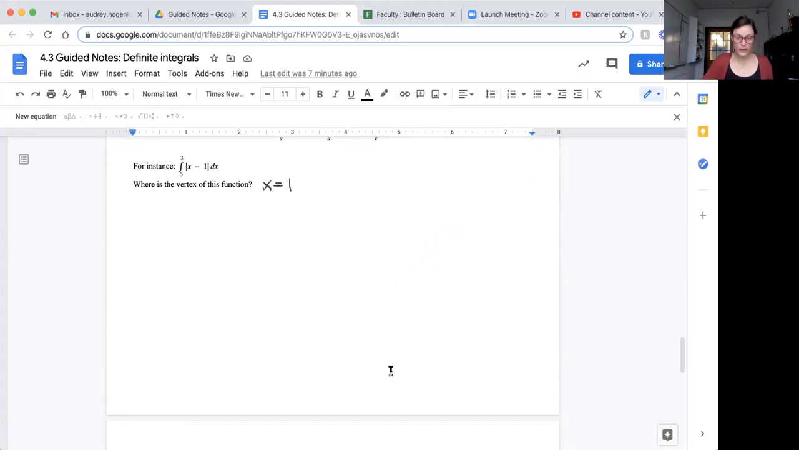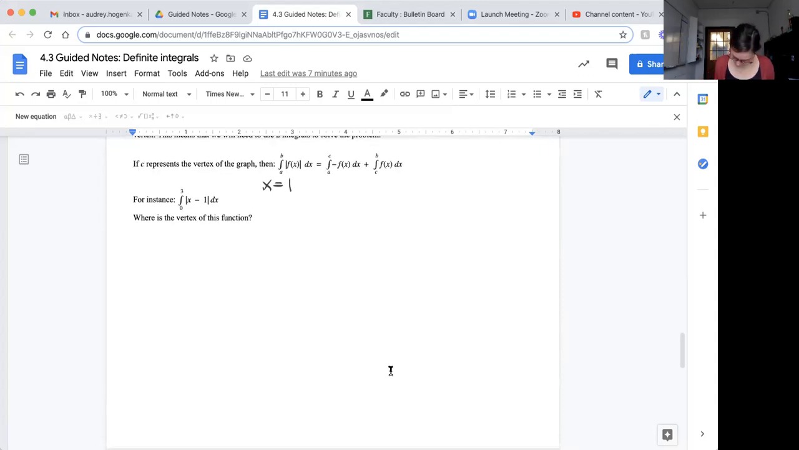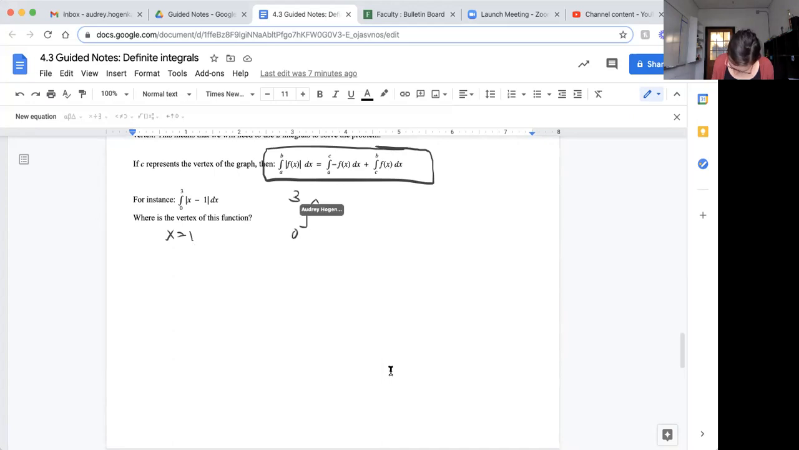And then looking at what we know above, let me not erase that, vertex of x equals 1, so right here, we're going to look at this guy. So we know that we're going to have the integral from 0 to 3 of the absolute value of x minus 1 dx equal to the integral from a, so our lower bound is 0, to c, our vertex is 1, of negative f of x, so negative x plus 1 dx,